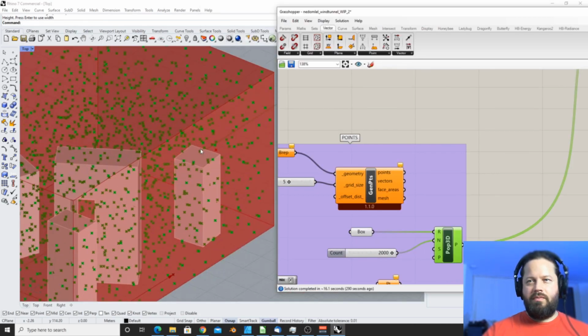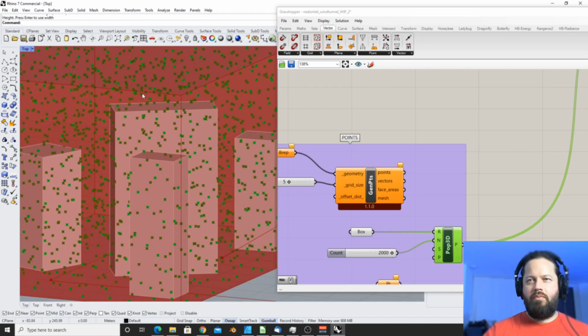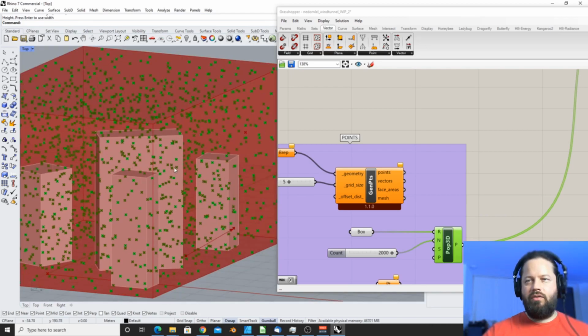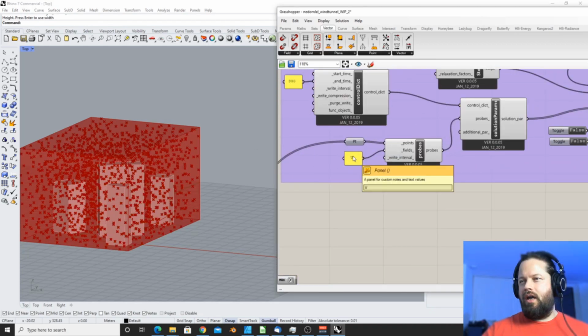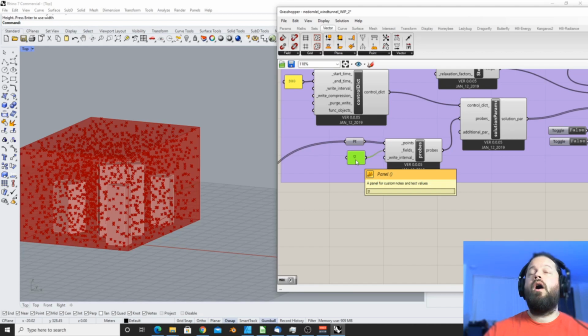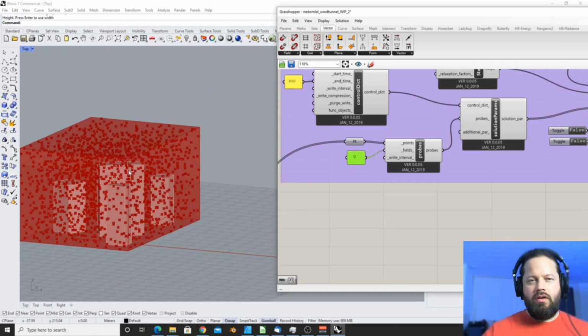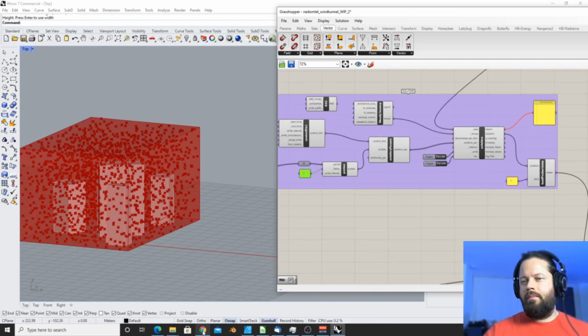And that's also possible. So basically, all my points within that cloud of points are probes at the location where I want to test or where I want to make the calculation visible. And the field I want to make visible, I need to put in here. This is basically a shortcut for what kind of output you want to see. In order to find out what it is, I actually had to look up the